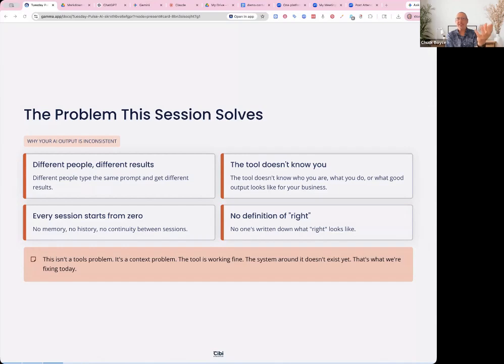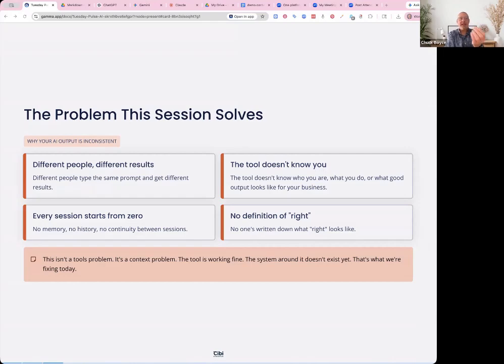Out of the box, every AI is a blank tool. It doesn't know your industry, your clients, your voice, your constraints, or what the definition of good is. Unless you customize it, it's going to be a blank screen. By default, there's no memory between sessions.